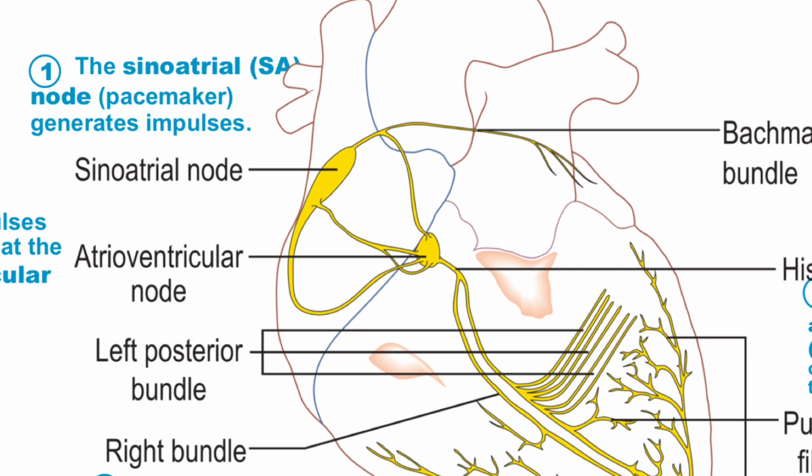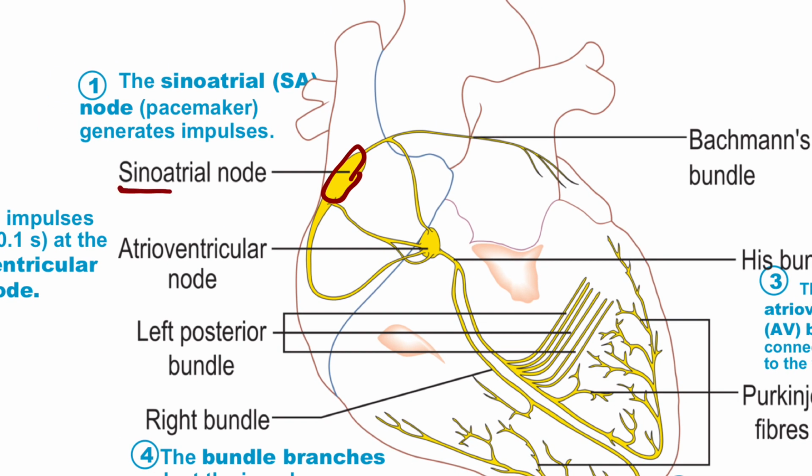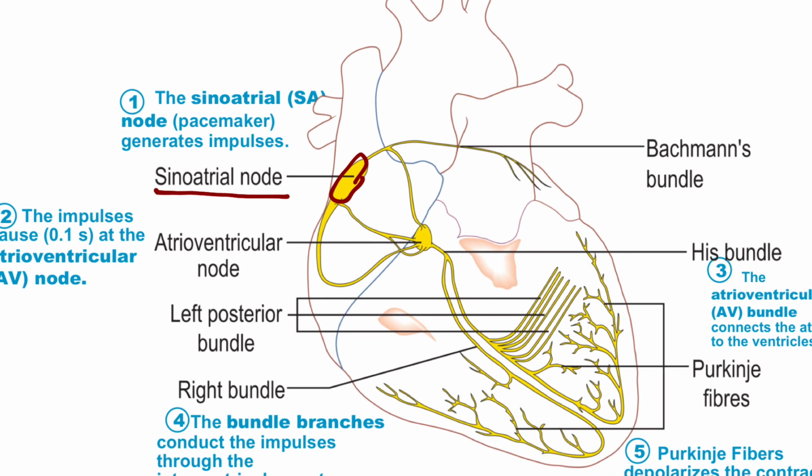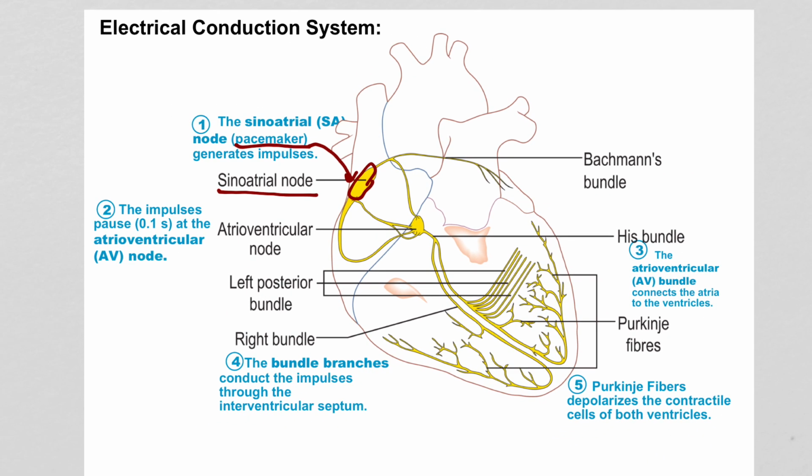All of this starts in a bundle of cells called the SA node or sinoatrial node that you find in the wall of the right atrium, right? We call the SA node the pacemaker of the heart because it sets the rhythm, right? I'll explain exactly how that works in a little bit, but for right now, just know that every time your heart contracts, it's because your SA node sent a signal, an action potential,